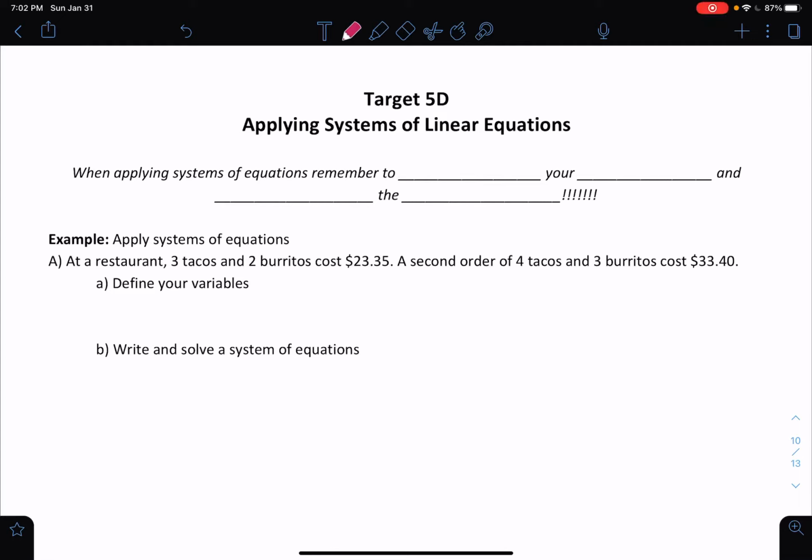In this video, we'll be looking at applying systems of linear equations. So we've been working on solving them by graphing, substitution, and elimination. Now we're going to be looking at word problems where we've got two variables that we need to solve for